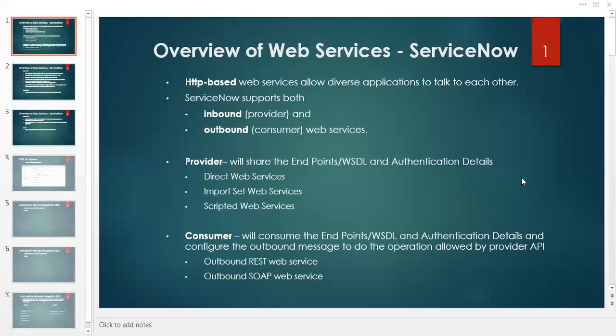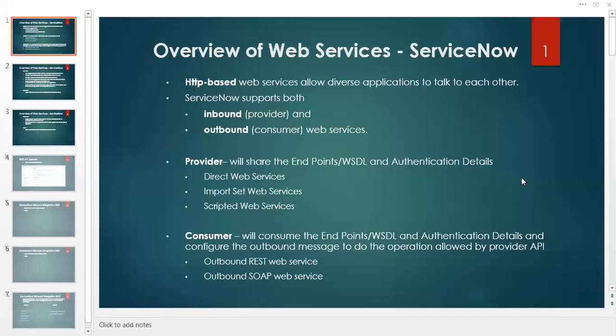The provider or inbound. What do we say is inbound? Let's say we talk about ServiceNow and another third-party tool. If the third-party tool needs to create a few records, for example incidents, and let's consider the tool as Jira.